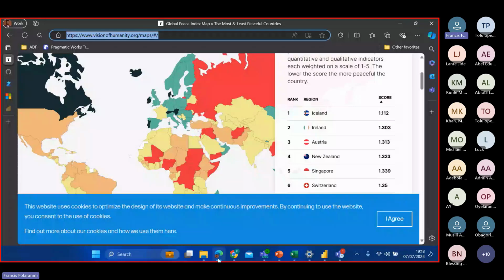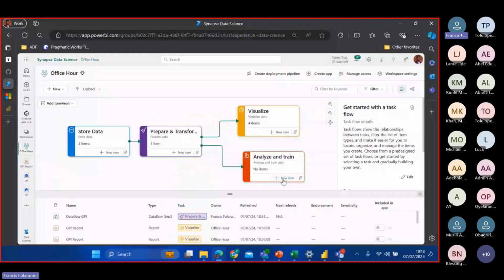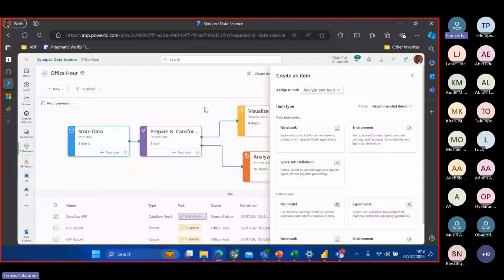But what item can we add? Let me click on new item. Then we can see that we can add any of these. But for the sake of time, I have the notes I'm going to be using for the data model in the GitHub repository, which we can always download. So we are just going to switch into the data science experience, or even data engineering as the case may be. Within the data science experience, I can just click on import notebook to bring in the code for the model that I worked on.